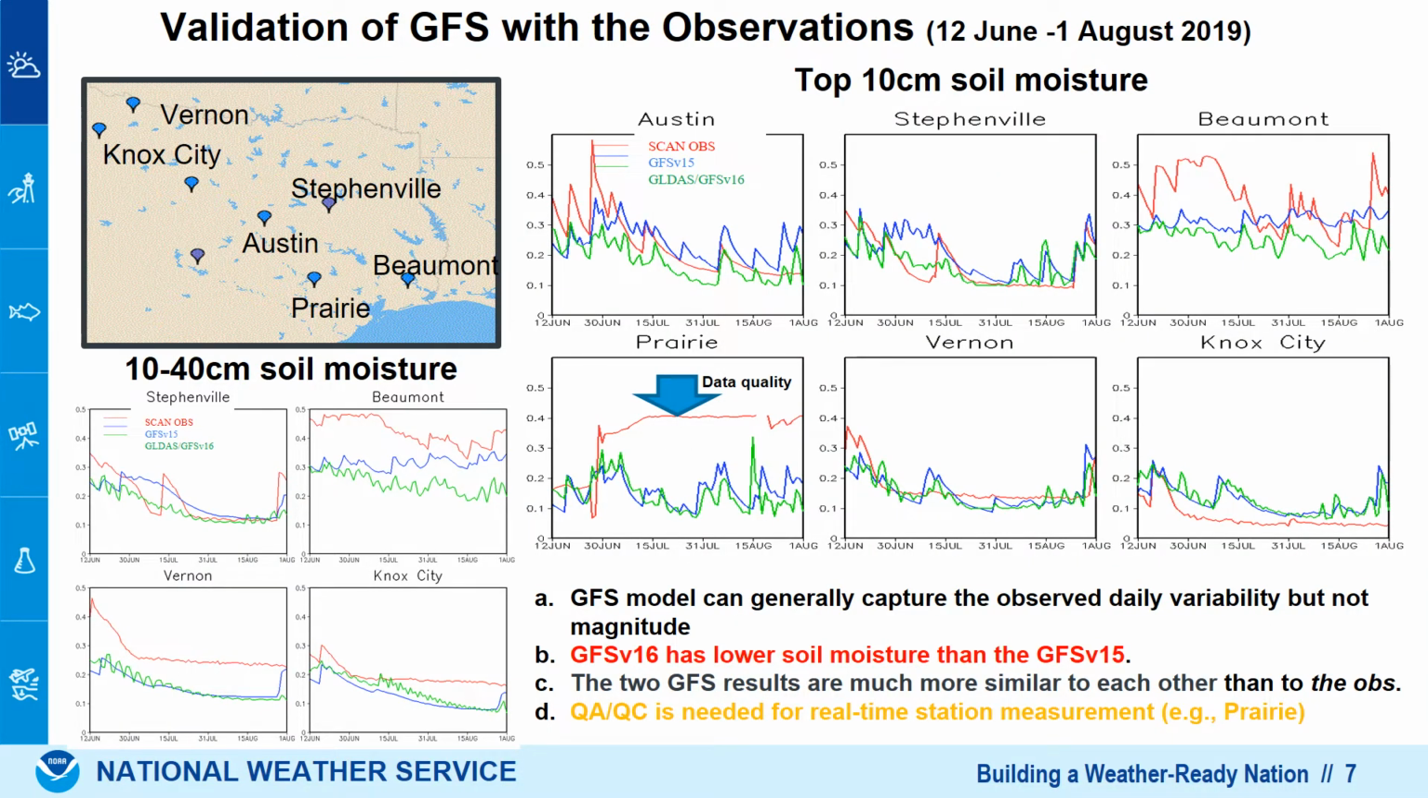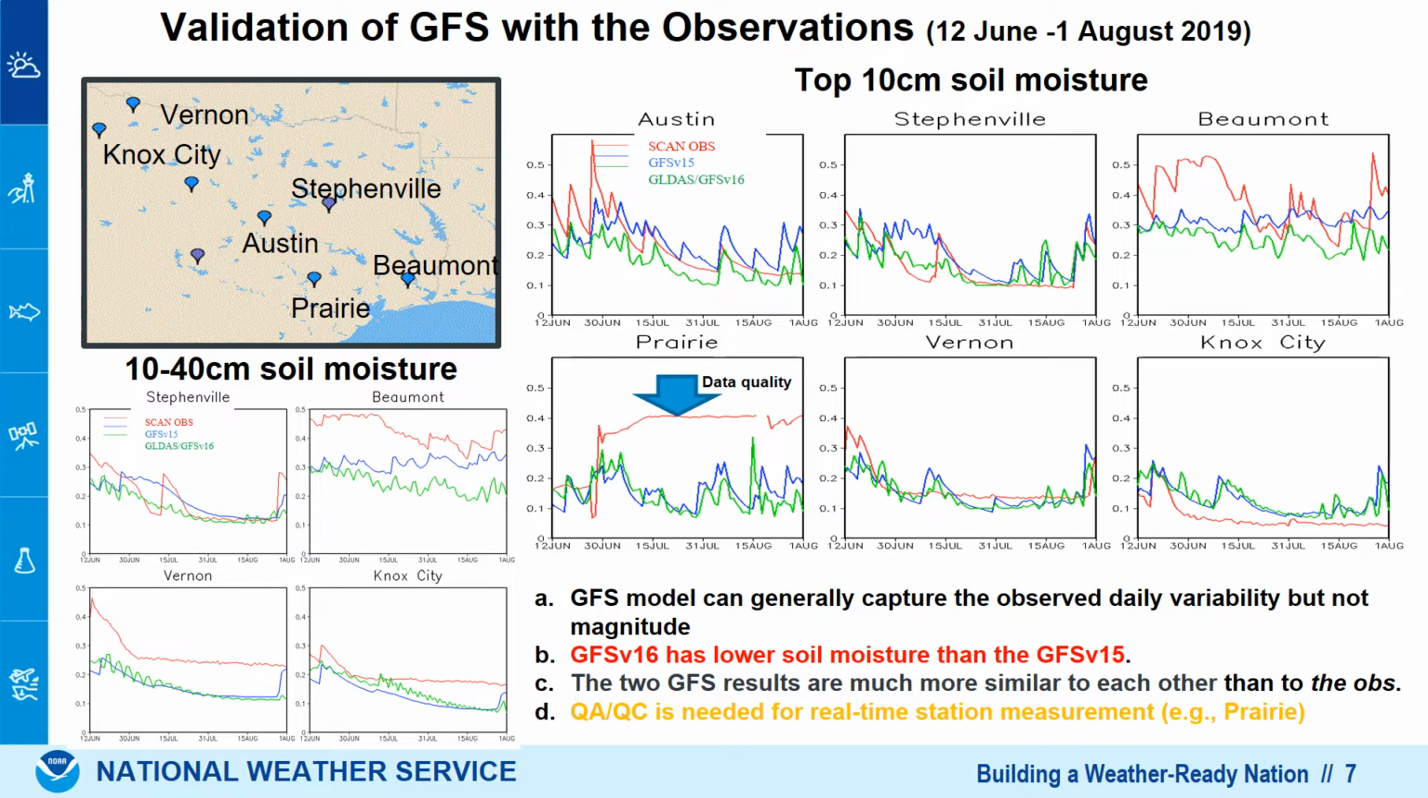This slide shows validation for GFS with observations. The top panel shows 10 cm soil moisture validation, and the bottom shows 10 to 40 cm soil moisture validation. The red line is the observations. Blue line is the GFS V15. Green line is the Geodata's GFS V16. We compare the time series for the